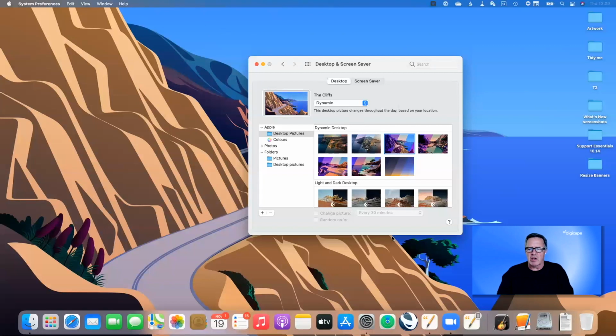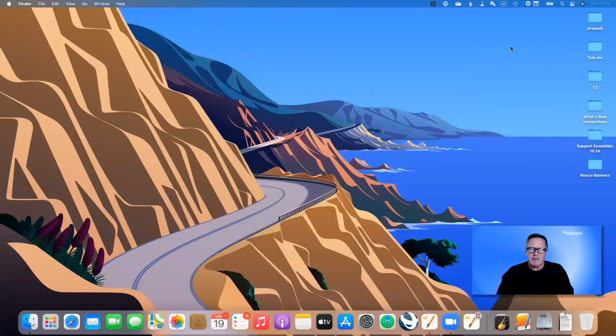So that's really an overview of the interface. Let's have a look at some of the more important changes. If you have a look at the menu bar, I typically have so many little menu bar icons. It typically extends right to there, to the extent that I actually had to get a third-party app called Bartender, which let me have multiple rows of menu bar items. It was just insane. So because there are so many tools out there that you might want to have, like your wireless, like your Bluetooth, like your AirPlay,